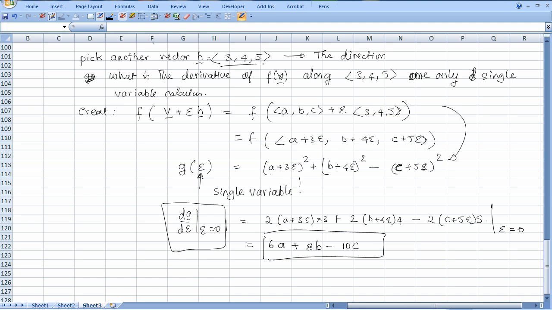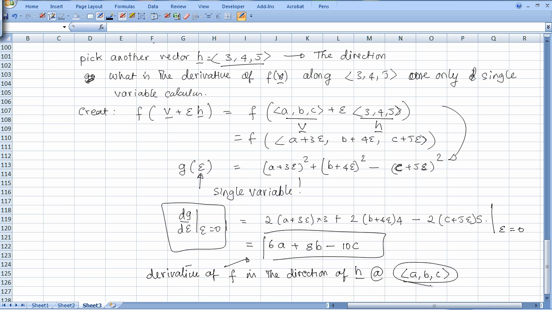Right? This will be called the derivative of f in the direction of h. H is that, this is v. Okay, technically it should be at a comma b comma c, at that point. So derivative of f in the direction of h at a, b, c. So this tells you where I am evaluating the derivative, this tells you in which direction,